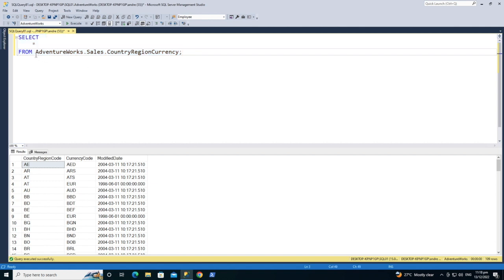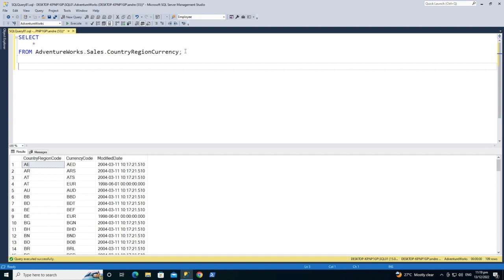Now, as you can imagine, typing out the entire fully qualified name for this table would be time consuming. And we can go about improving this time by utilizing a synonym. So what this will do is allow us to create an alias for this table so that we can shorten the time spent typing out to refer to this table. So to create an alias, we'd use the create synonym